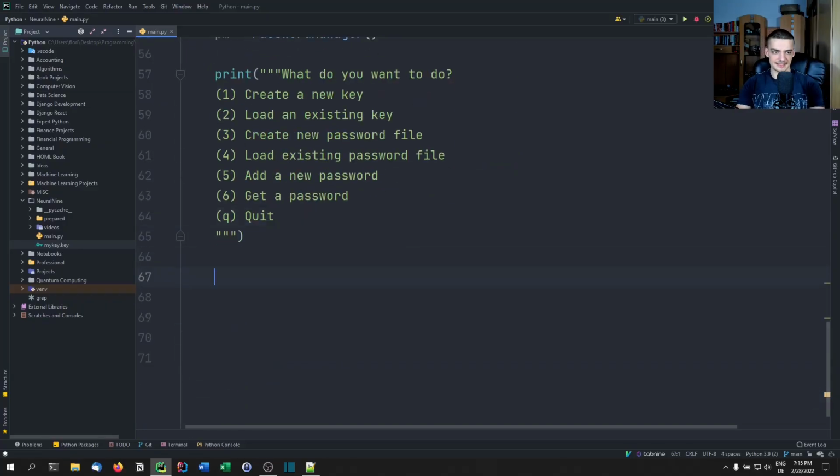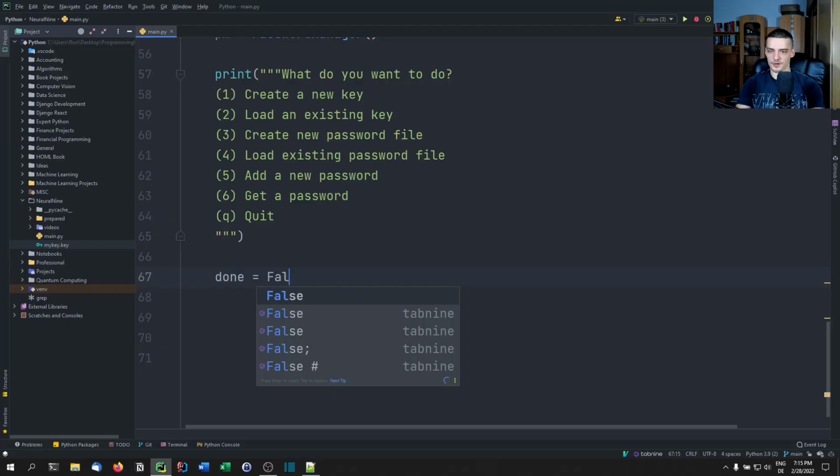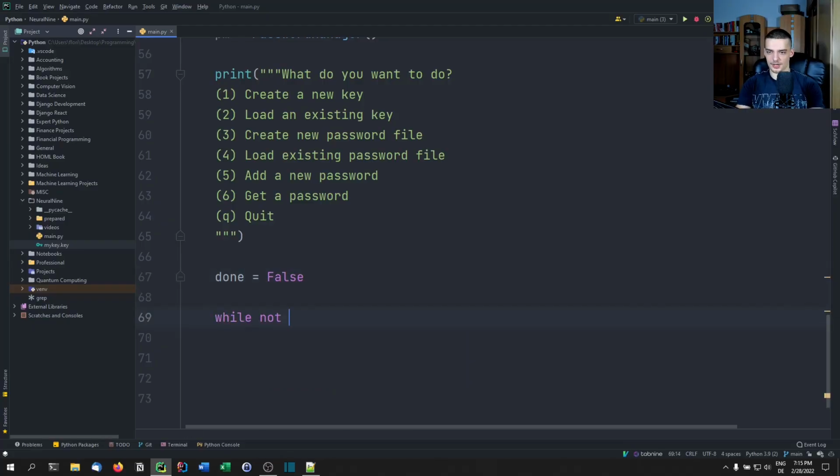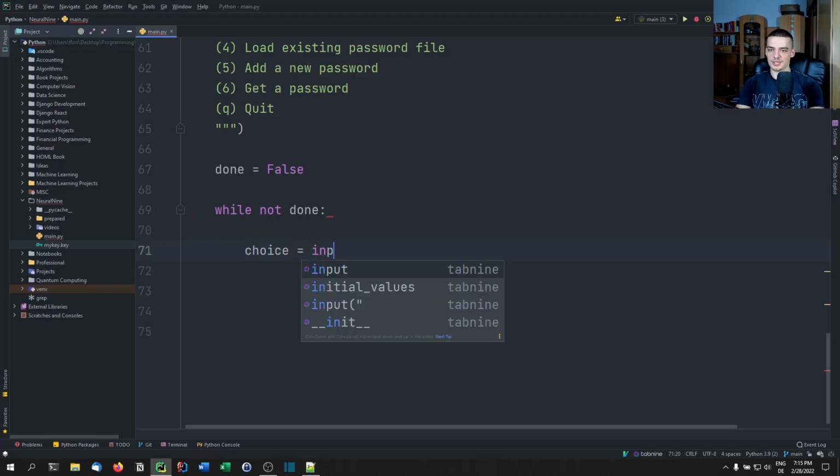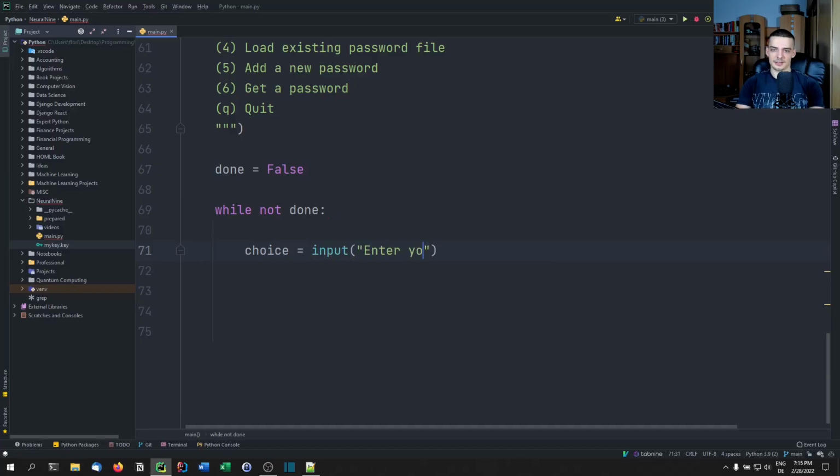And now we build a simple menu by saying done equals false. And then essentially while not done. And here we have this if-else structure. If you're using Python 3.10 actually, you can use match case here. But since I'm using Python 3.9, I'm going to use ordinary if statements. We're going to say choice equals input. Enter your choice. And then if choice equals 1, then we're going to say the path